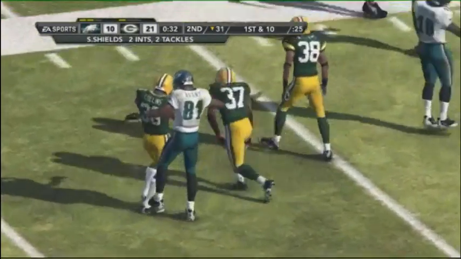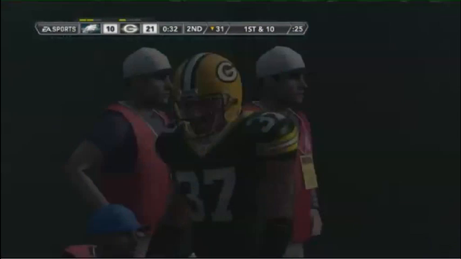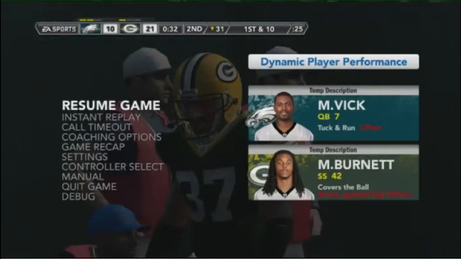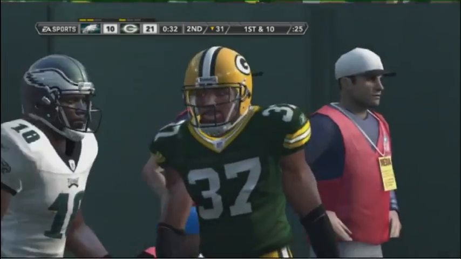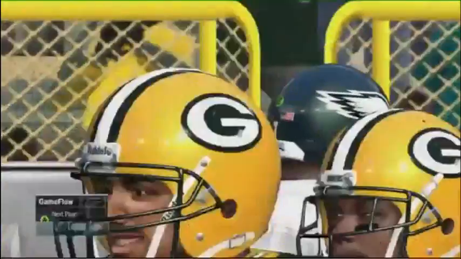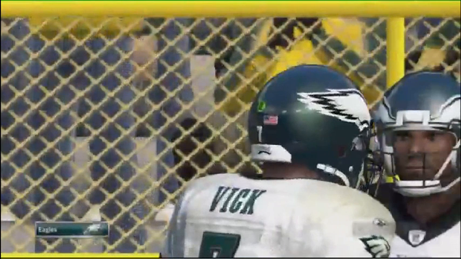Uh-oh. Rob, what happened? Another interception. Rob just threw another pick. Yeah, Rob's not doing so hot. I told you guys, he's not a sim gamer. He's probably making bad throws. There we go. Oh, look at this. Okay. Performance has changed. So tuck and run often. So Vic's going to start taking off now. You got to be careful that he can eat you up. That means he's not confident in his arm right now, I guess, throwing too many picks.